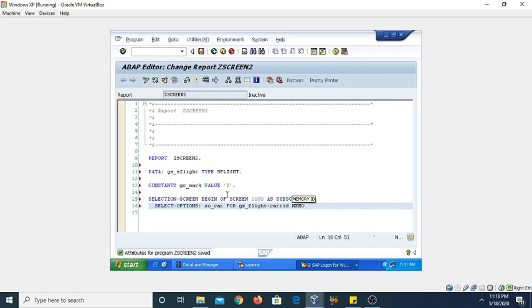Giving here an option which is used with the select option, which is memory ID, which will store the data value that you will give after execution of the program.